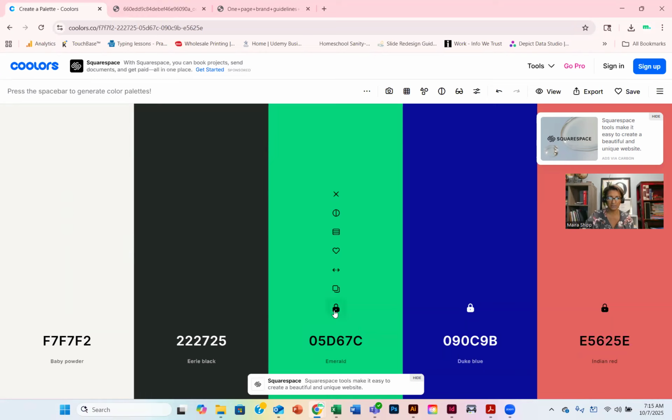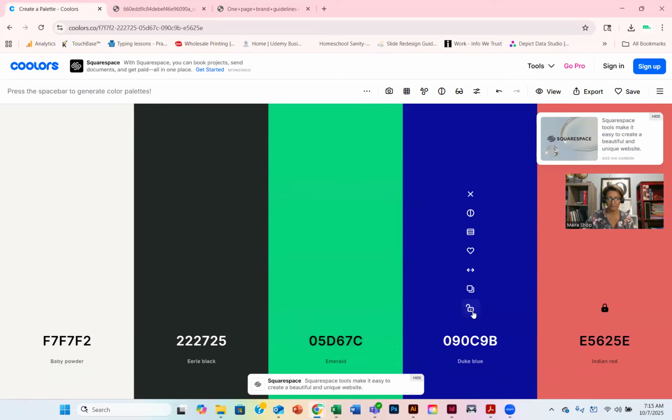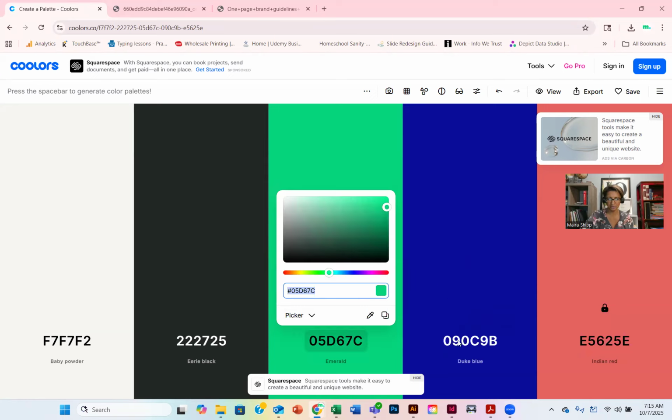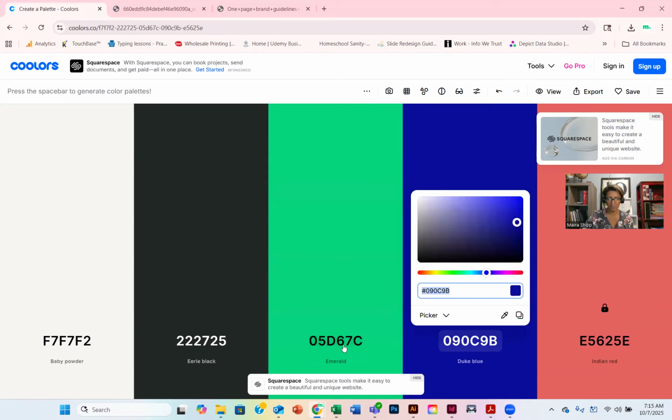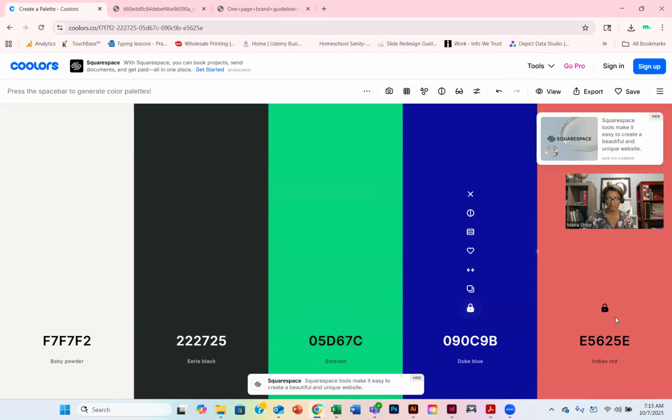And what you can do is you can put in your hex color, and you can choose. For instance, these are the two that I want, and once you choose that, you can lock it and then unlock the other ones, like whichever color you want you can lock,